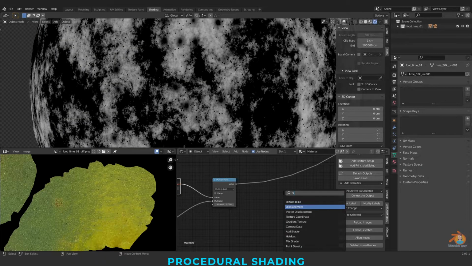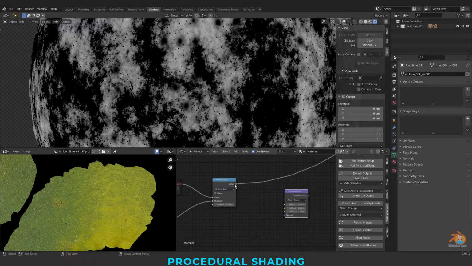To displacement and connecting these to height.